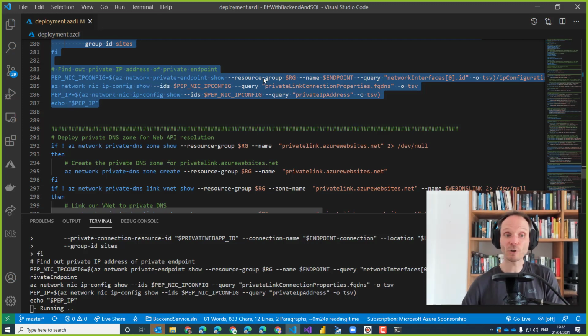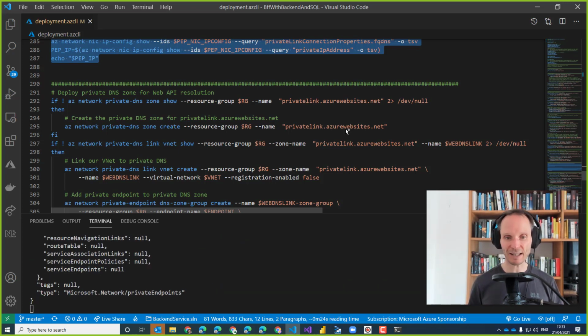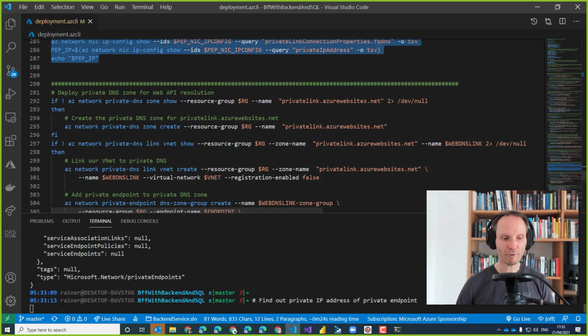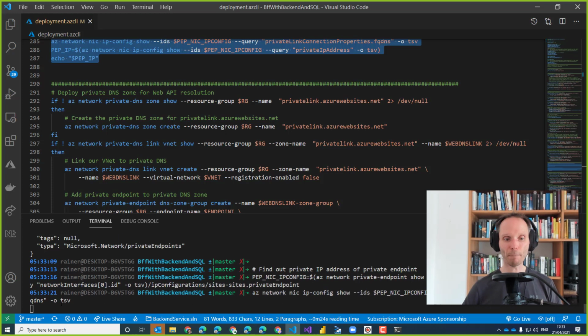And then we have to do exactly the same thing again. As you can see it here, down here, we create the second DNS zone because now we have a new type of resource that should be integrated with our private endpoints. In contrast to before, it is now called privatelink.azurewebsites.net. We register our private endpoint with this DNS zone, and exactly the same story applies that I had before. So in a few seconds, our first script should be done, and we should see the local IP address of our backend API.